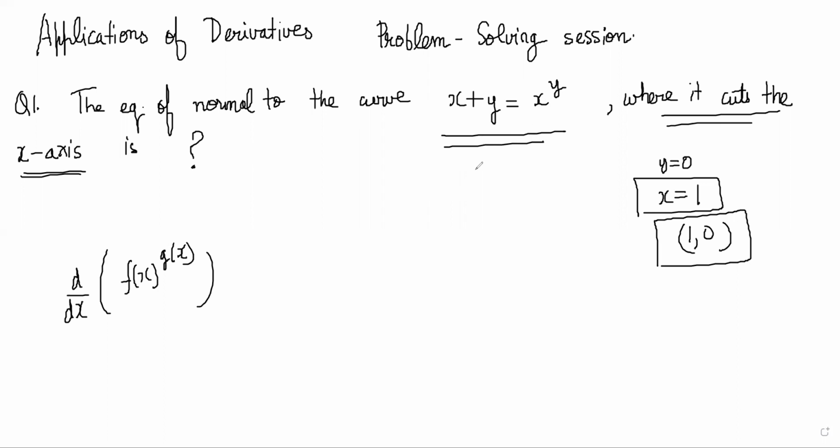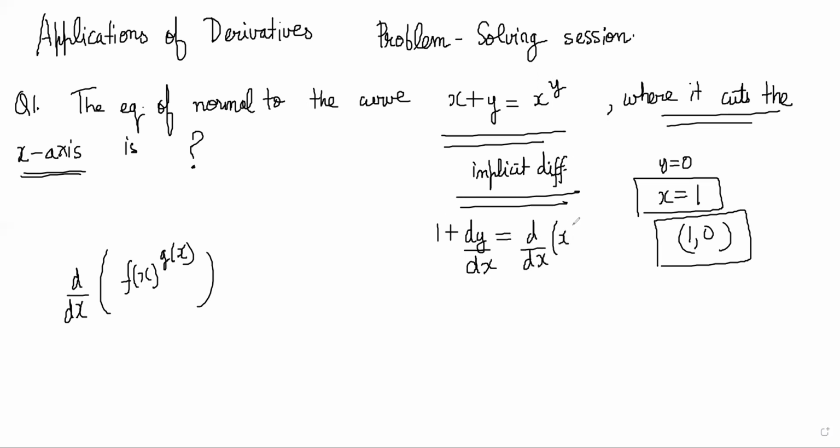This is an example where you have to do something called implicit differentiation. You cannot express y directly in terms of x here. You have to do it anyway, just like that. Basically, both sides you have to differentiate. This side is easy, it is 1 plus dy by dx. You just have to be able to do this, right? So how do you differentiate f(x) power g(x)? That is what you have to figure out.